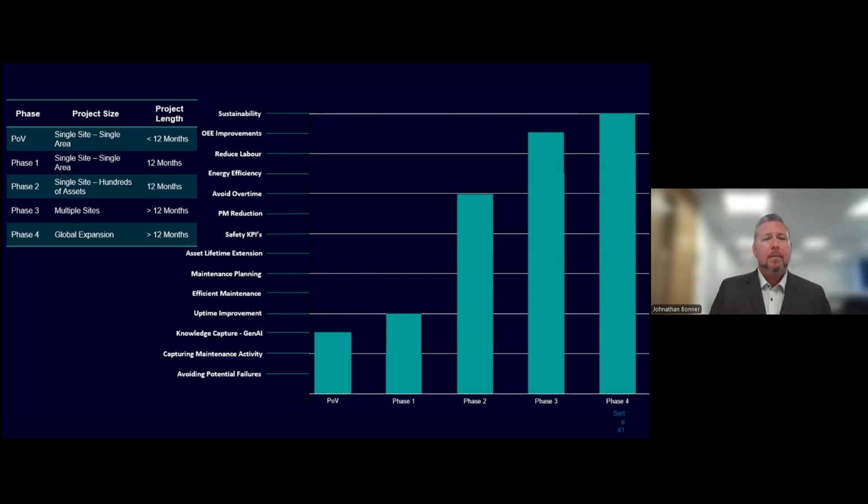When you're looking at multiple sites, that is when you can benefit from all of those good things, along with energy efficiency, reduced labor, and OEE improvements on a large scale. And when you go for a global expansion, that is when a predictive maintenance program can really, really impact your